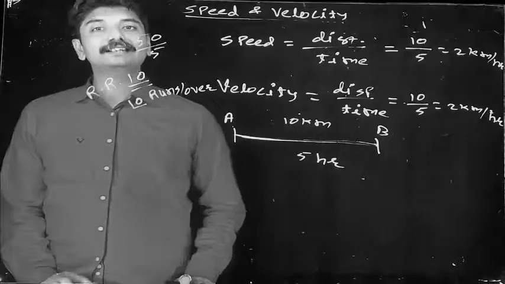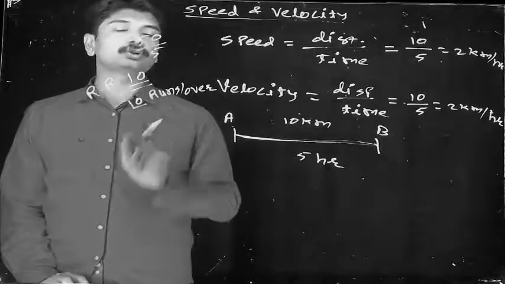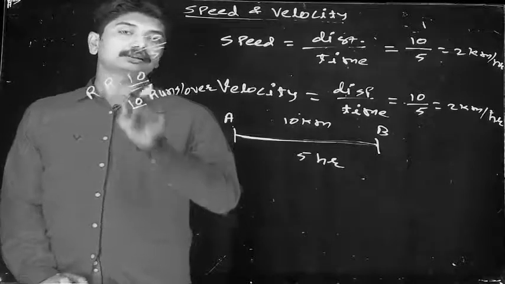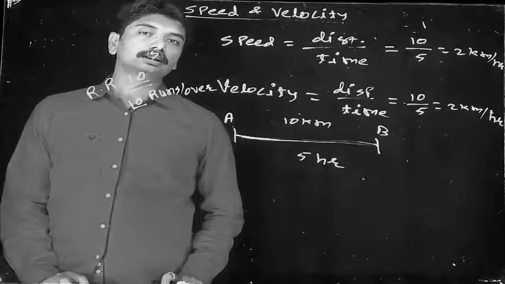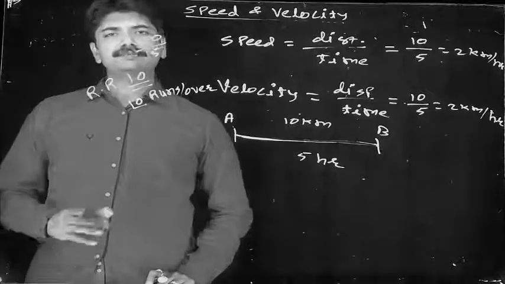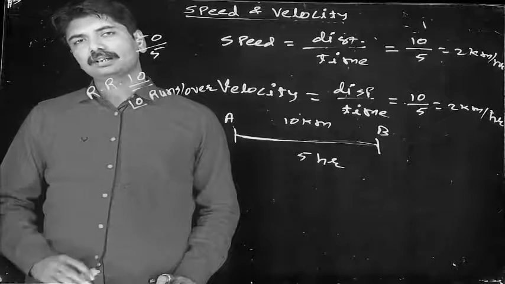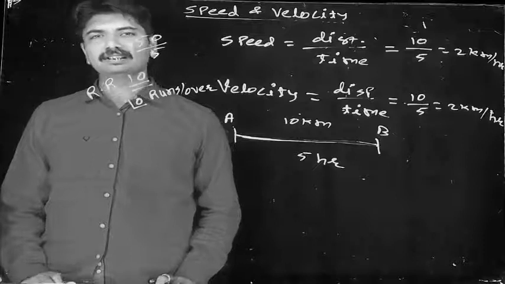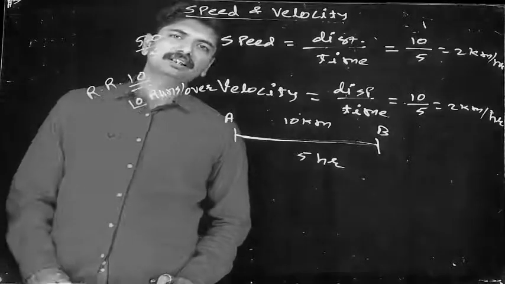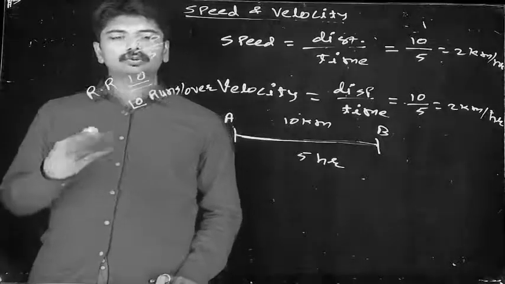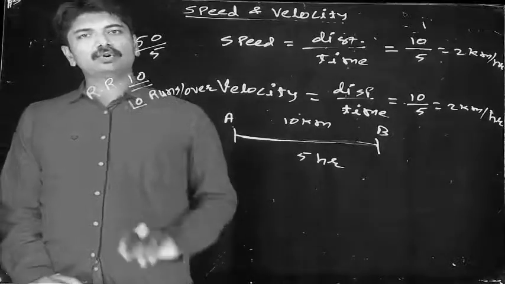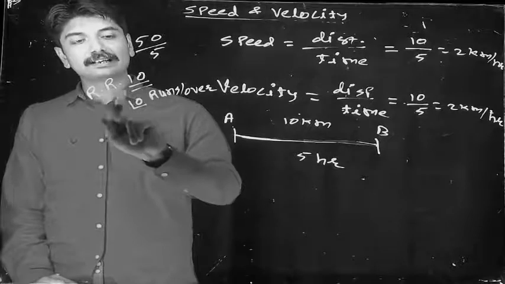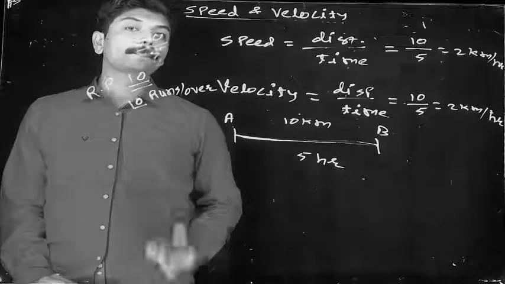What is the run rate? Run rate is the average runs scored per over. It does not mean that in each over that cricketer has scored 10 runs. In one over he may have scored 15 runs, in another over 10 runs, in another over 20 runs, and so on. So you cannot say that in every over he has scored 10 runs. That 10 is a run rate basically. Run rate means runs per over. Similarly,